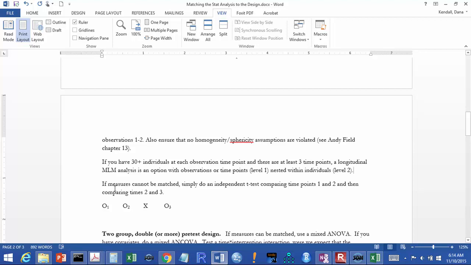Now, if you have at least 30 individuals at each time point, and there are at least 3 time points as there are here, I suggest a longitudinal multi-level model analysis instead of an ANOVA or ANCOVA because MLM is a better technique. It will give us more accurate data, and it's just really nice for these kind of situations. It's a little bit complex and it goes beyond Field, however, so I suggest